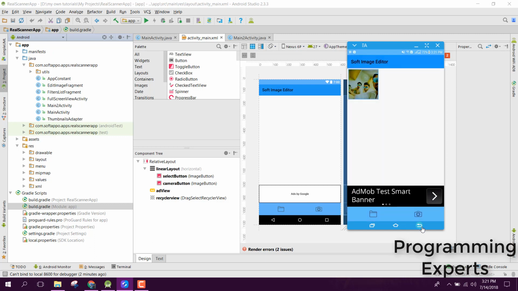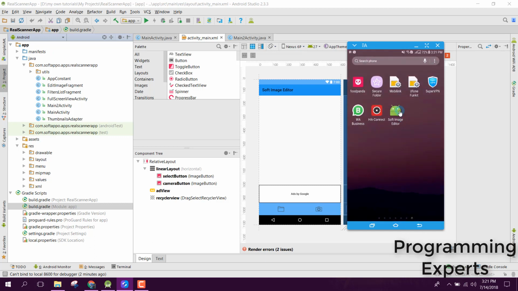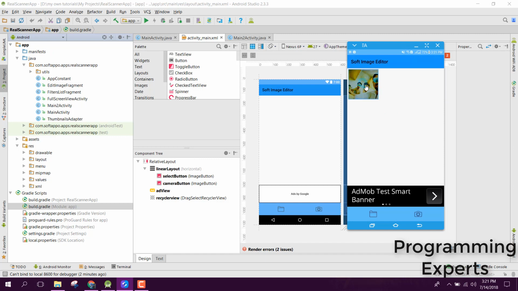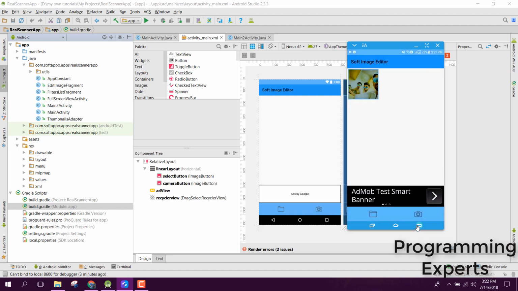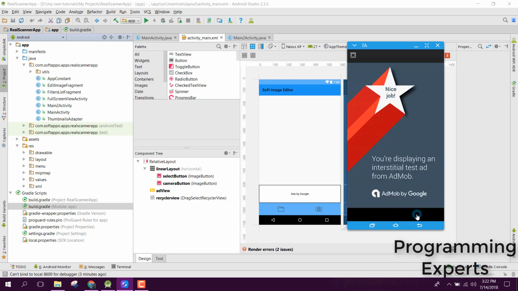Alright, so now if we close our application and reopen it, you will be able to see this image. All the images will be displayed here. If we click on any image, you can see the image is now open, and now we can also try to edit it. Alright, so now let's go back and try to open the built-in camera app,